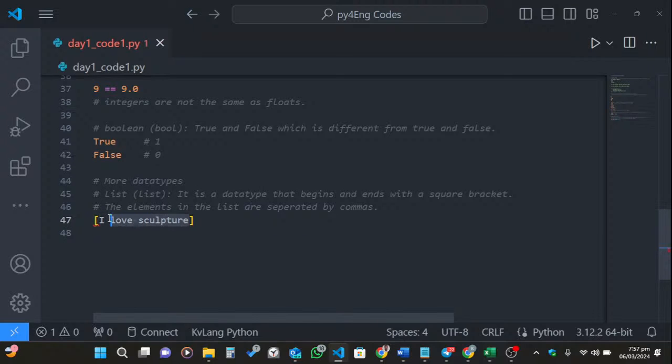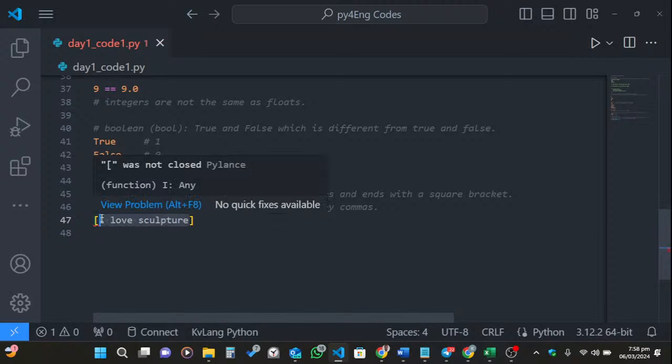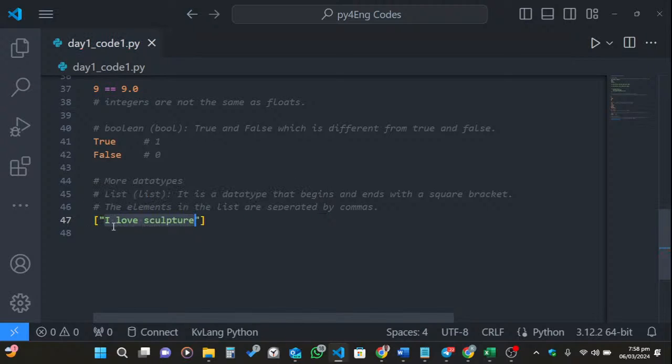Whatever you put into a list should be a string, a float, an integer, a boolean, or any other data type. So this one has to be in quotes. Since this is a string, I can put a string into a list. I can put in a number, an integer, into a list. I can put in a float, let's say 9.78, into a list. I can put in a boolean. Let's say in a dictionary, let's take a word, let's say